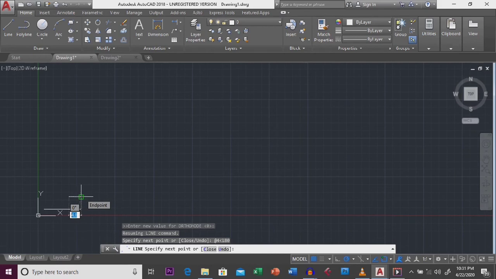Now from that, when you move up, it is 90. When you move to this other side, it is 180. When you move to this other side, you have back to 90 or 270. So we are using that method. That's the method. So now you press at